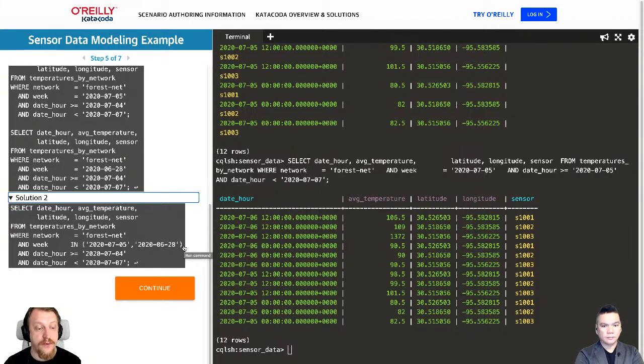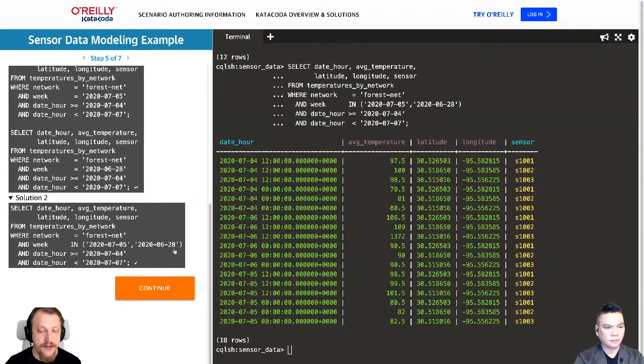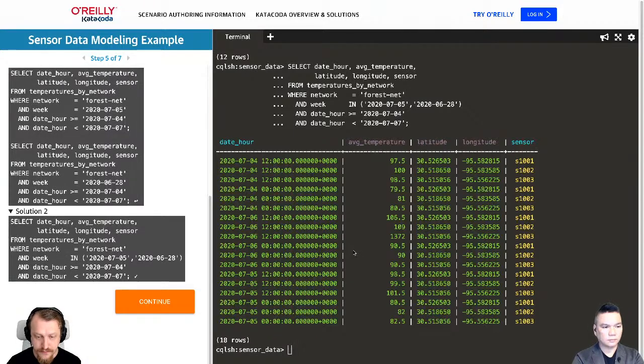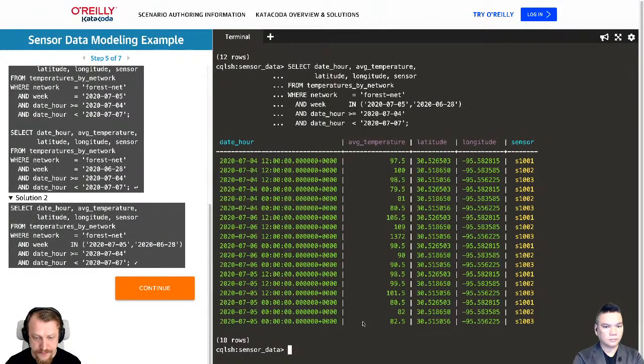I told you before that partition key does not support inequalities, and that's perfectly correct, but I may use ranges. And in many cases, it's going to be a much more convenient way. So here I'm specifying week in range and giving 2 weeks I'm going to cover. And date hour bigger and date hour smaller. As a result, I have one single query. Boom, it works, which aggregates results from different partitions. And we can see here what the dates are from different weeks. And it perfectly works.